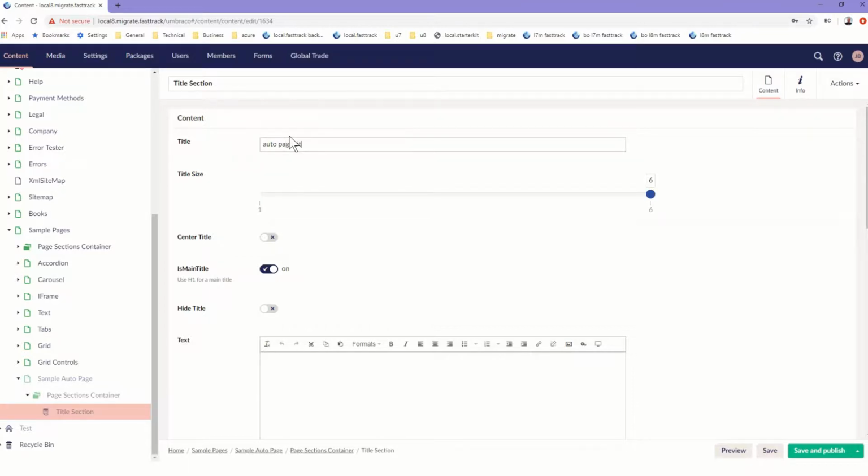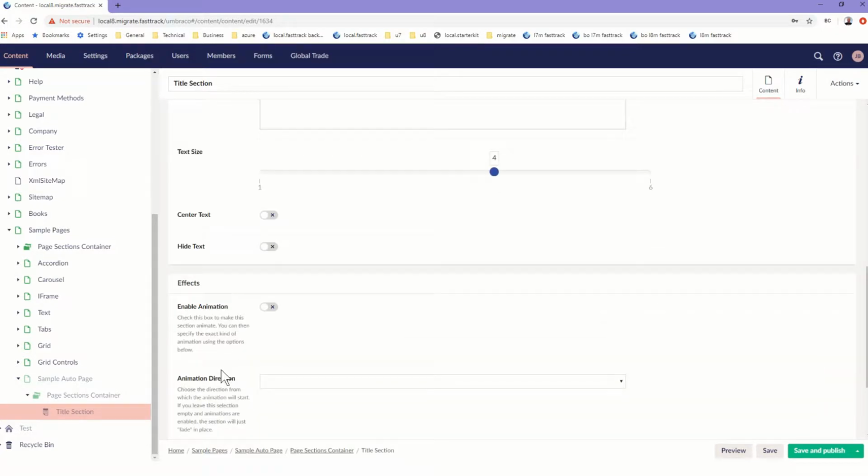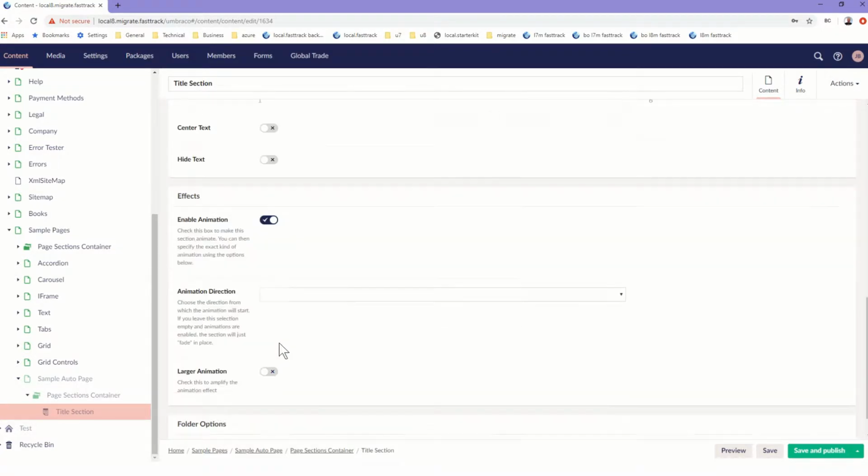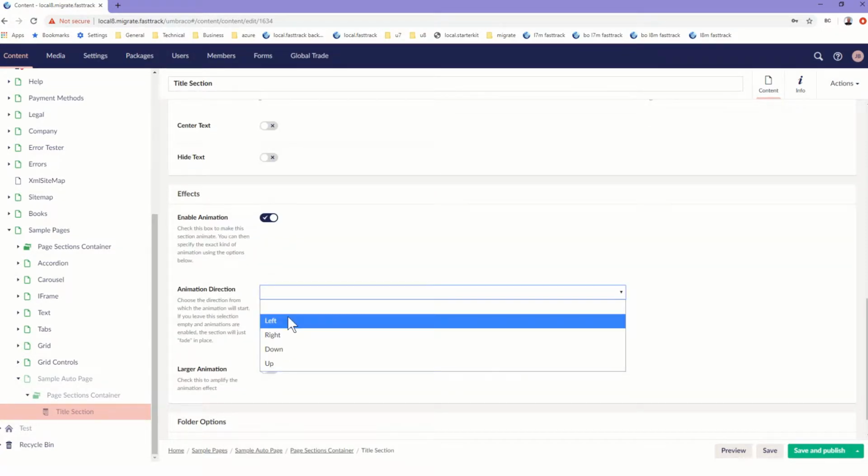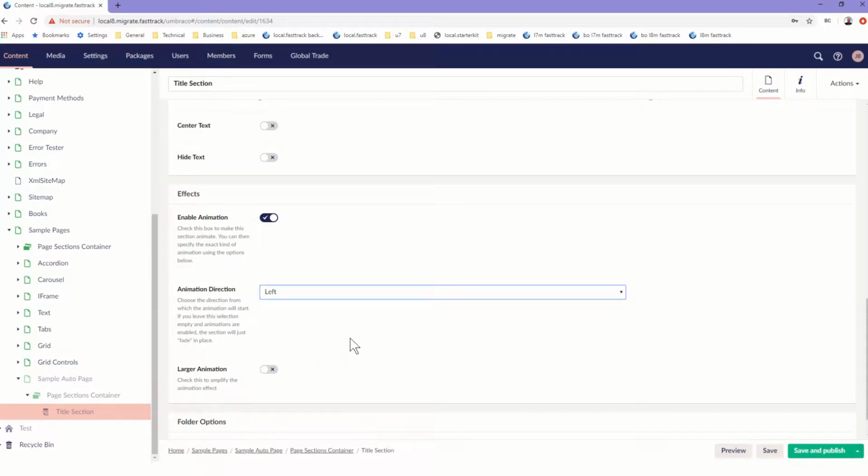Auto page title, title body, and just for demonstration purposes we'll animate this